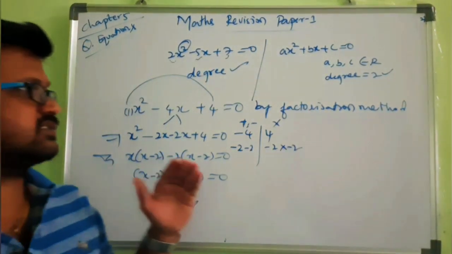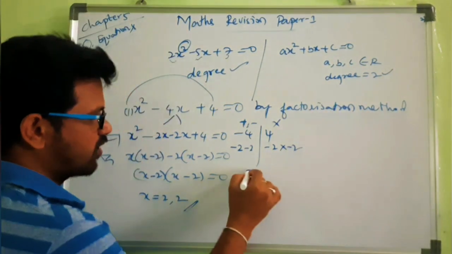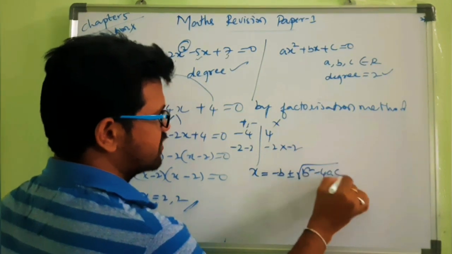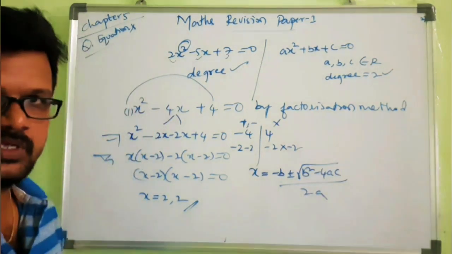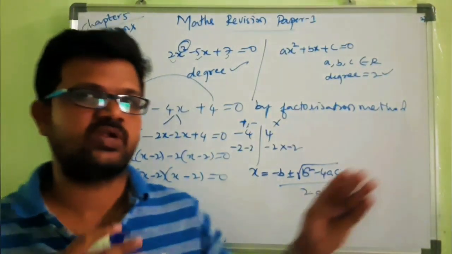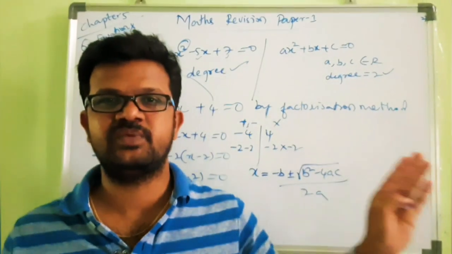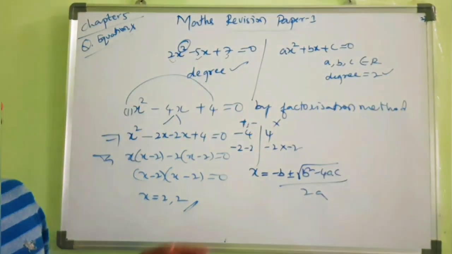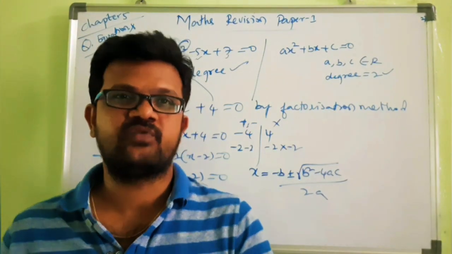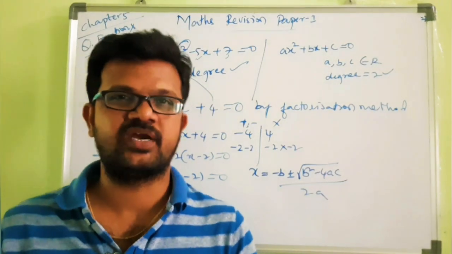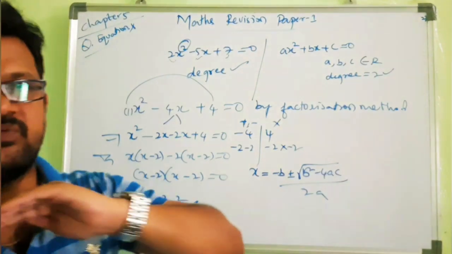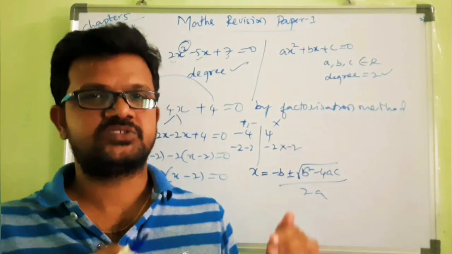And next, the quadratic formula. What is the quadratic formula? x is equal to minus b plus or minus square root of b square minus 4ac by 2a. Using the quadratic formula also we can find the solution. In the completing the square method, we have to write in either a plus b whole square or a minus b whole square. The word problems in this chapter are also very important. Exercise 5.2 and 5.3, whatever word problems are there in your textbook, and I have given many worksheets that you can solve.